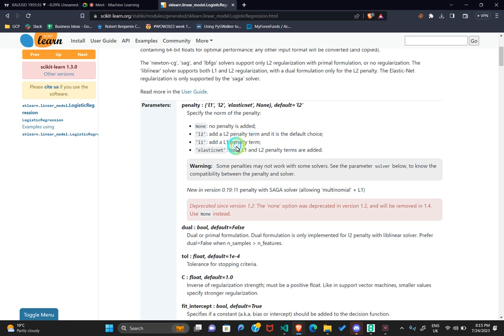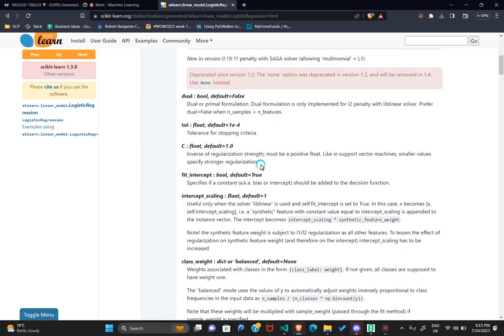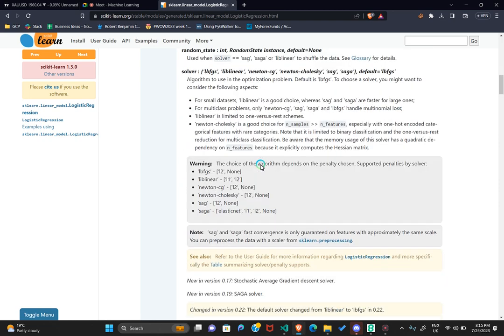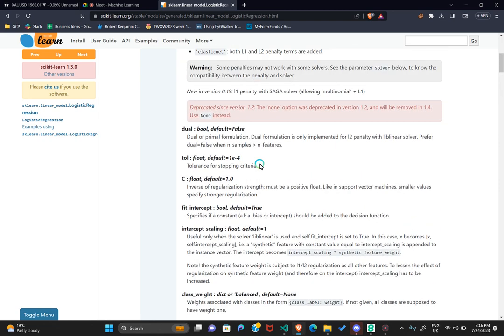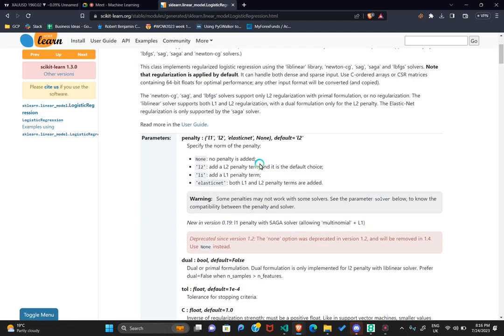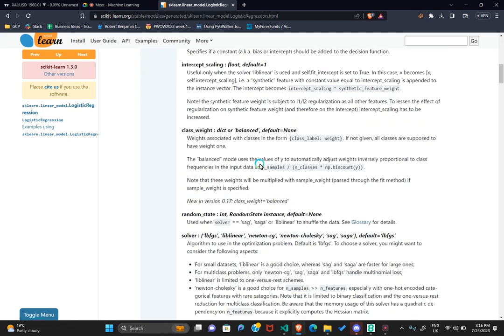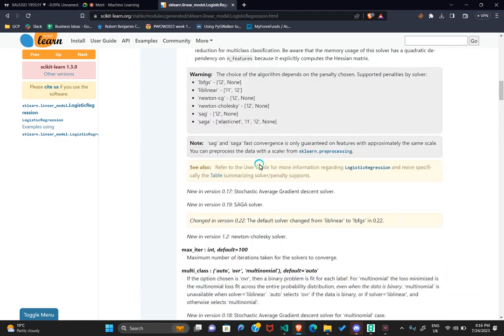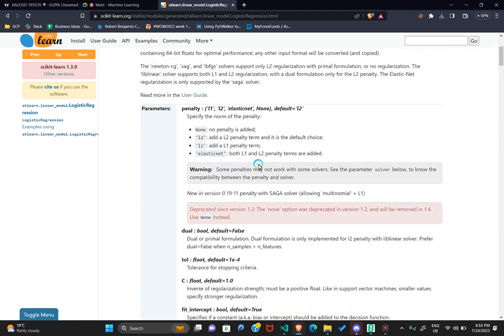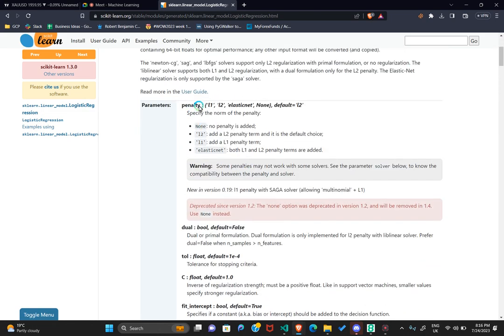So let's proceed on to the next thing, which is GridSearchCV. So GridSearchCV is used for hyperparameter tuning, and we will use logistic regression for the hyperparameter tuning part. So I decided we should look at the sklearn documentation, and I will also refer you to the sklearn website documentation